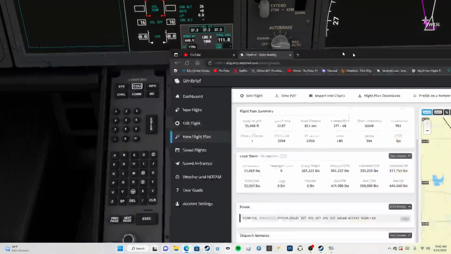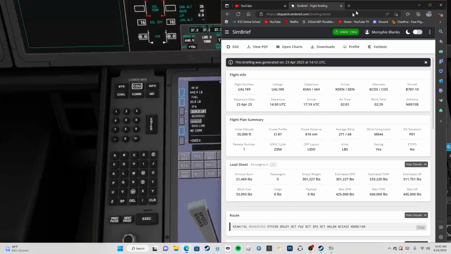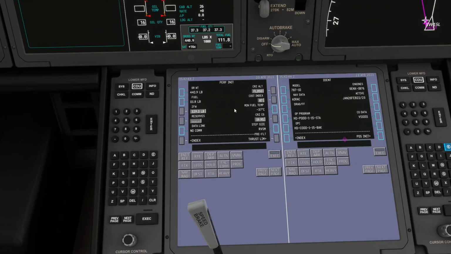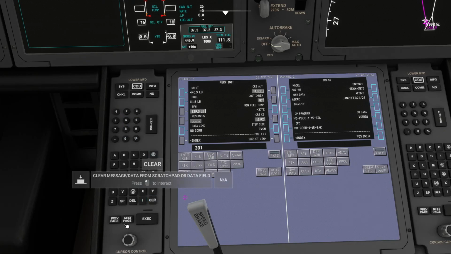So they put a decimal right there. So I think it would be 301.0, but I may be wrong, so please correct me if I'm wrong. But yeah. So I'm just gonna put in 301.0,